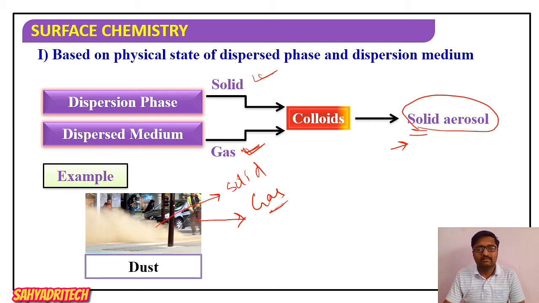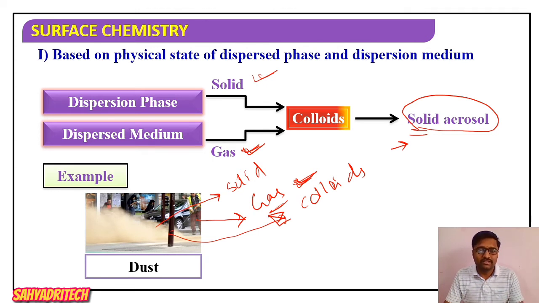Which means yes, we observe dust particles in and around, right? Means I can say we get surrounded by dust particles, yes or no? Yes, we get surrounded by dust particles. Then what does it mean? We get surrounded by colloids, right? I can say we are entirely surrounded by colloids, dust particles present in the atmosphere. Even in the outer sphere there will be dust particles. It means in general what we can say, yes, colloids are widely distributed.